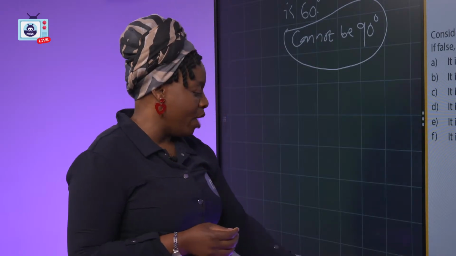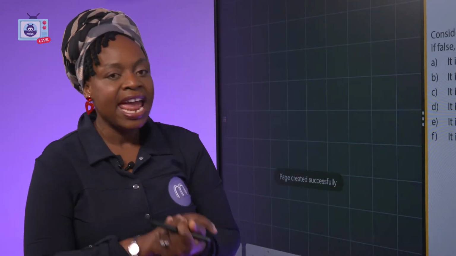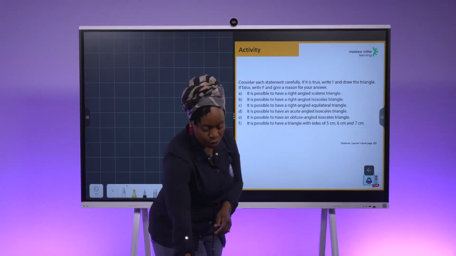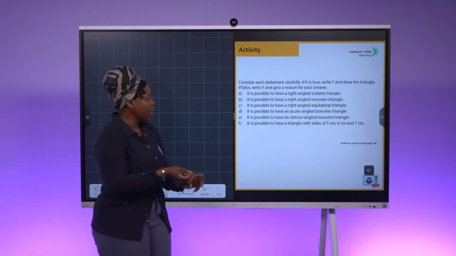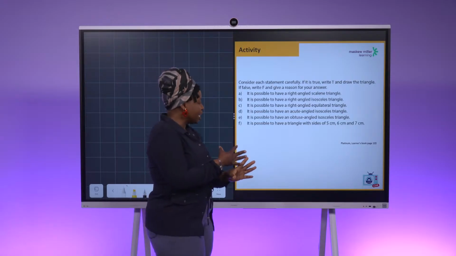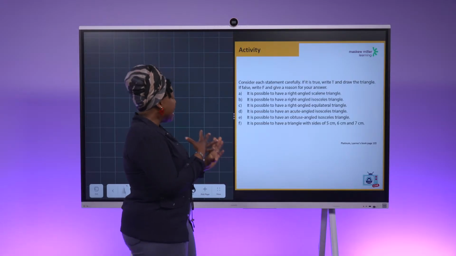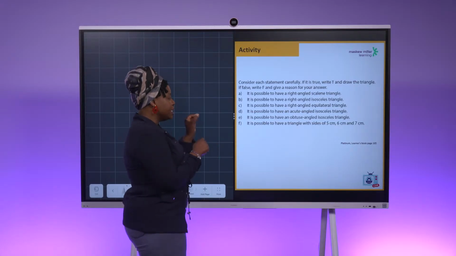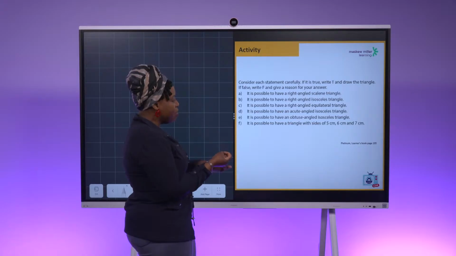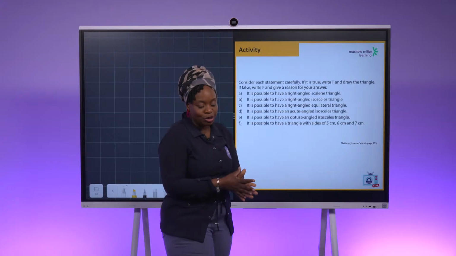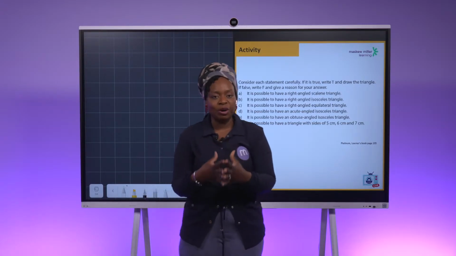That is the one that I want to give to you for homework, for you to go and try to respond to the questions as you are able to write them down. So you're going to check if it is possible to have an acute angle that is an isosceles triangle, as well as an obtuse angle that is an isosceles triangle, and then you're going to use another piece of information that they said. Is it possible to have a triangle that has 5, 6 and 7 as its sides? Try that. Please go draw them